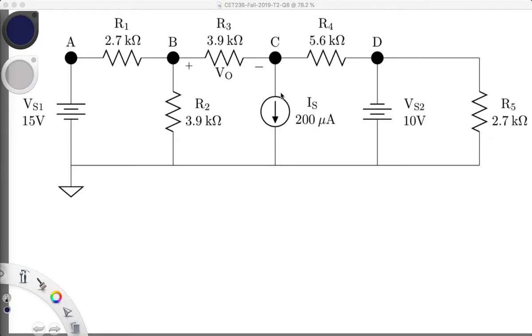This is question 8 on the second tutorial problem sheet, and the question is find V out using nodal analysis. Right, so there's V out. Now we've already got the nodes identified, A, B, C, D, and the first thing I'd do is just note that